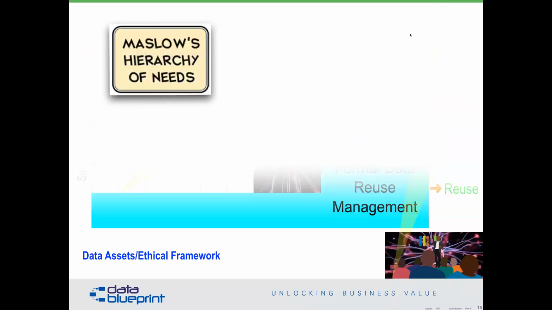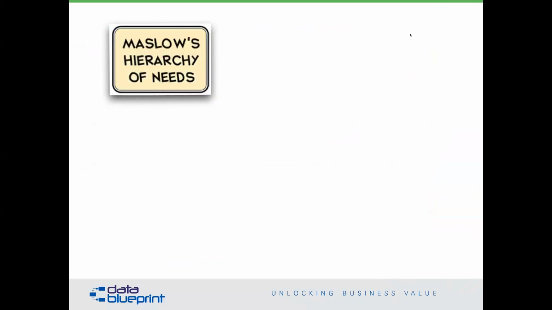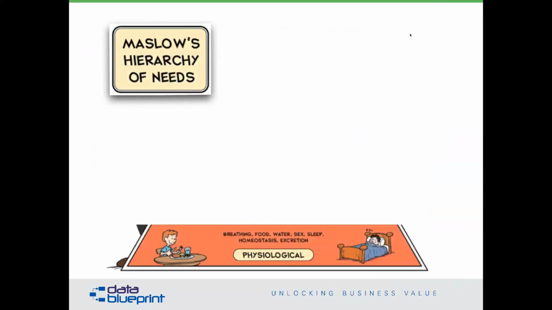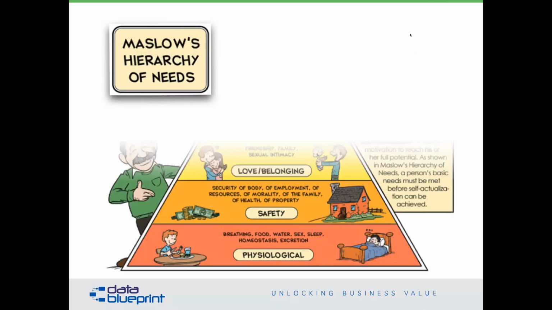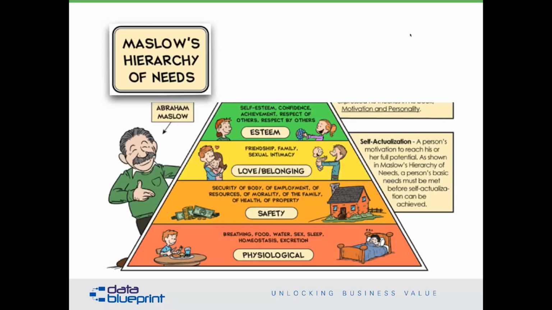Now, most people think of this and they think of data management, but they don't necessarily think of Maslow's hierarchy of needs. But we'll start off at the very bottom. Most of us remember it from high school. Maslow's hierarchy of needs says that if your food, clothing, and shelter needs are unmet, then you will never be, by definition, safe. And if you are not by definition safe, you will never be part of something else. You'll never have love or belonging in that context. If you don't understand how you fit in with a larger group, you'll never have the self-esteem to know that you play your part very, very well.